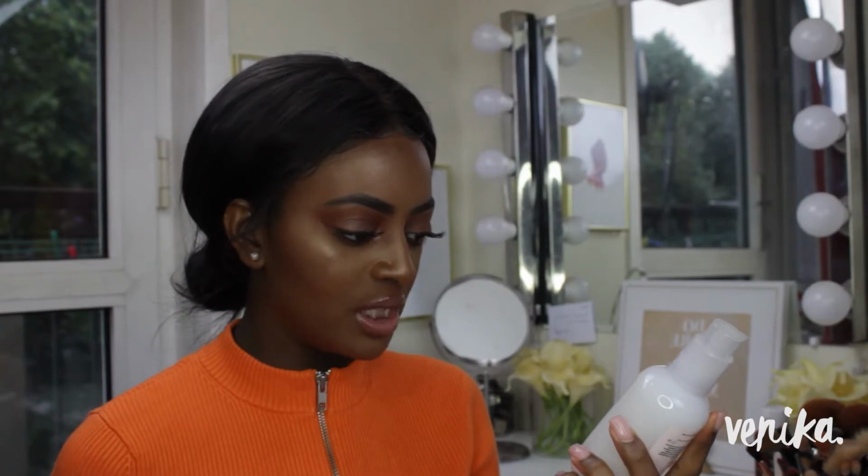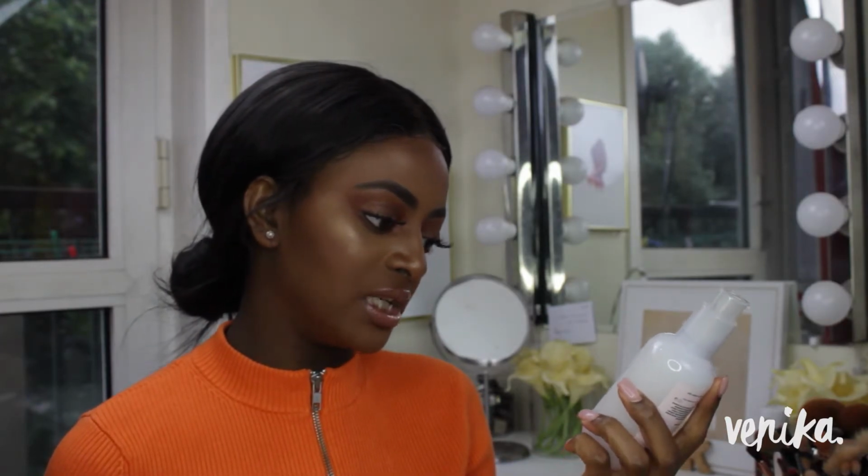So as I said, I grabbed the Milk Jelly Cleanser, which is described as a conditioning face wash, and then I grabbed the, oh, I love the package. This is so cute. Oh my god, I don't ever want to open this. I just want this to sit on my...